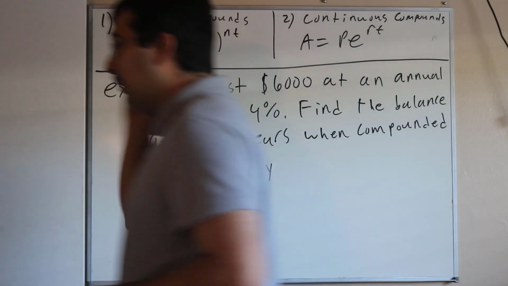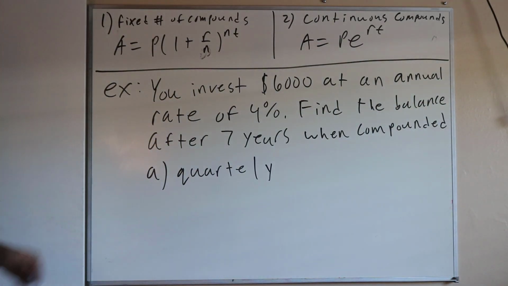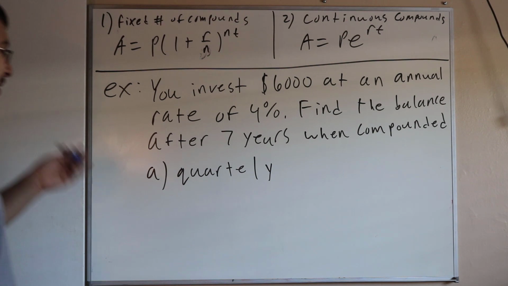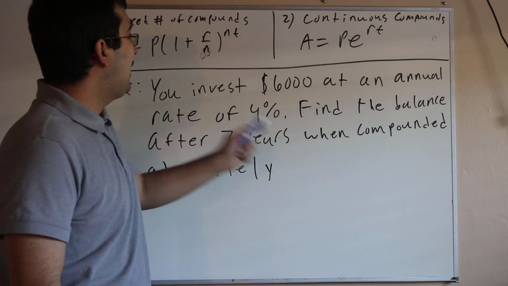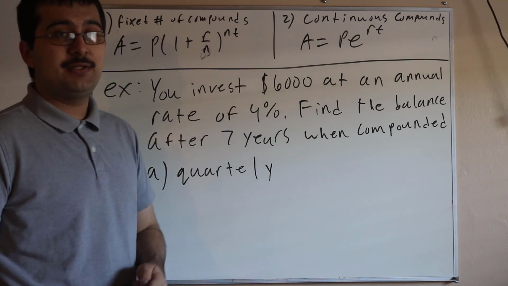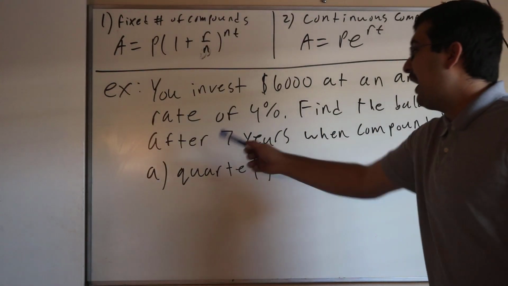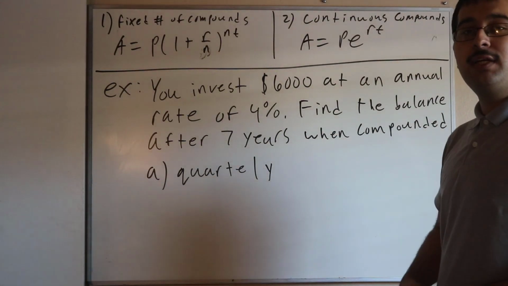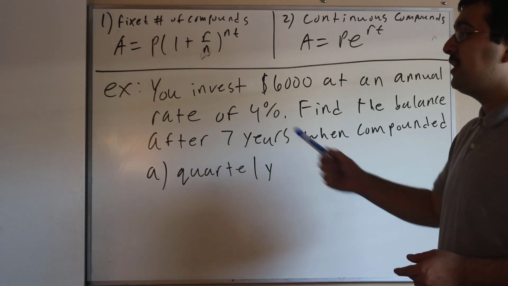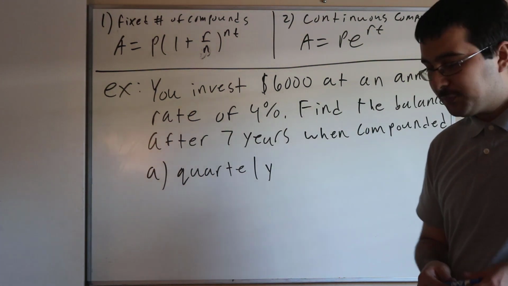All right, so let's now consider the following example then. The example goes like this. You invest $6,000 at the start, at an annual interest rate of 4%. All right, so we're investing in a bank account, let's say. Find the balance after 7 years when compounded. And for the first part of the example, we're going to say when we compound quarterly. So,